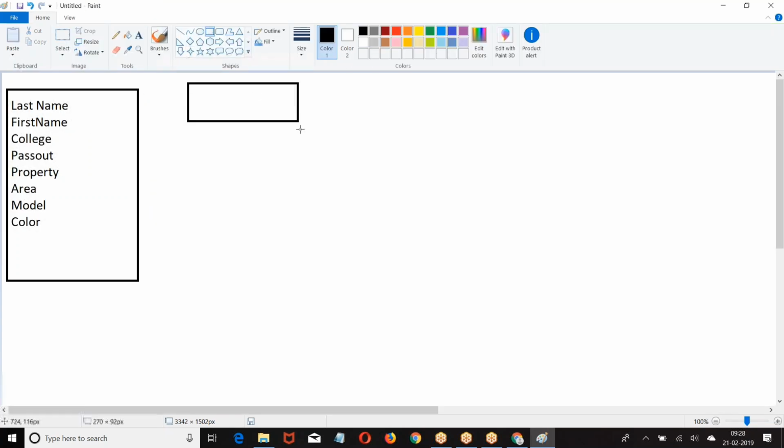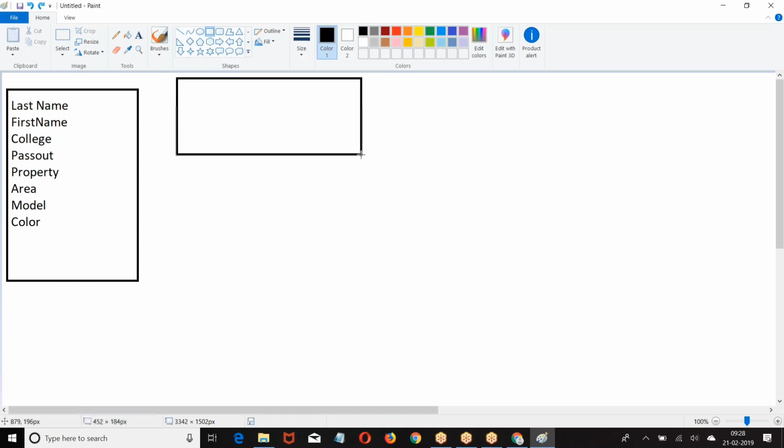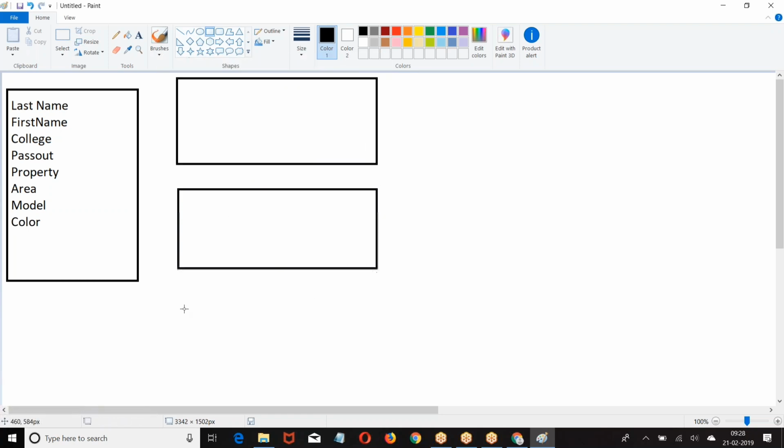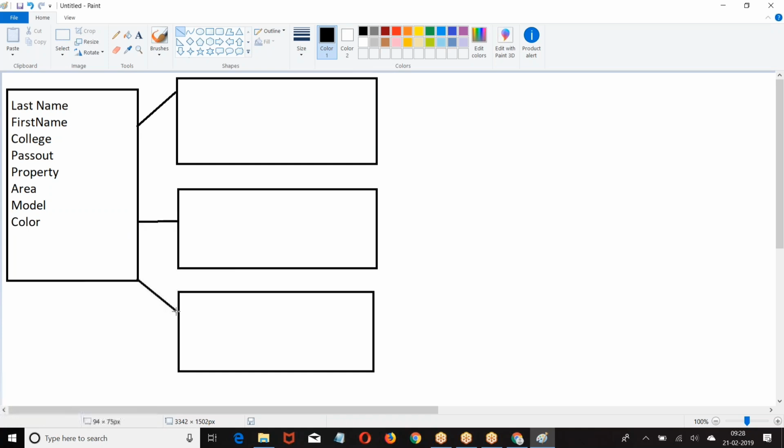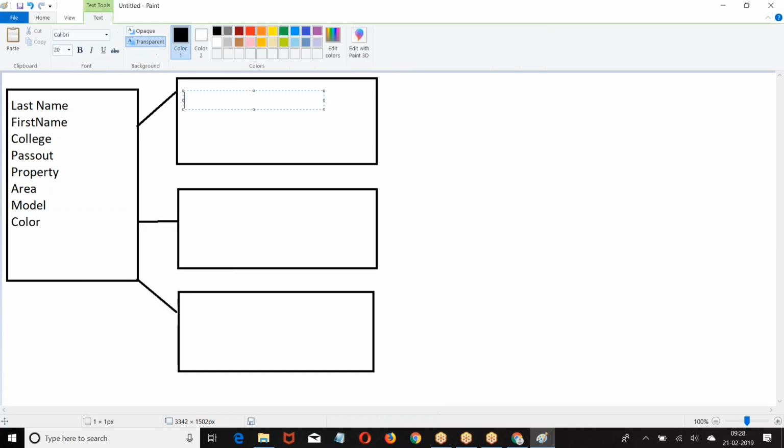So here I created page layout 1, page layout 2. Can I create more than one page layout for the same object? 100% we can create. No issue with that. Now, here they are giving me